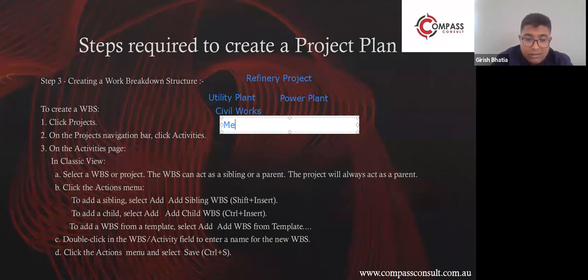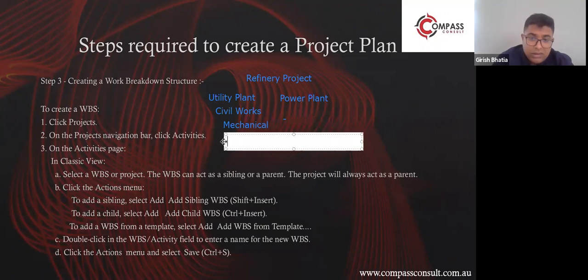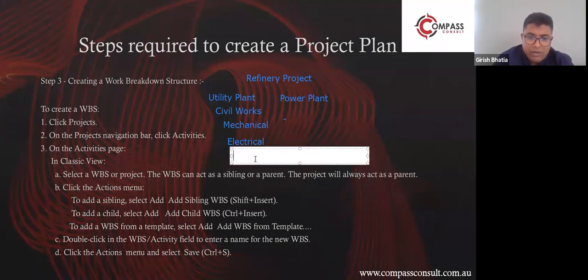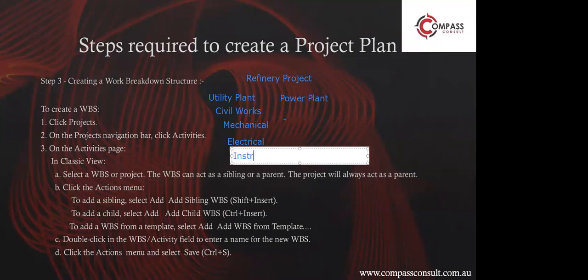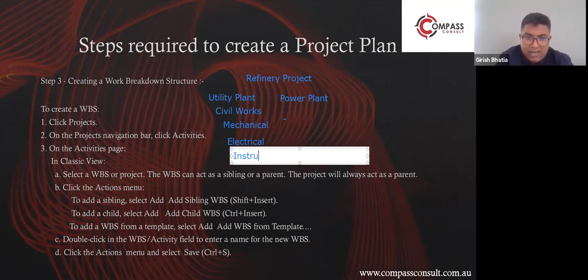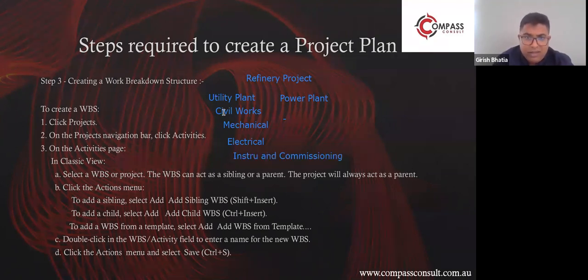There would be mechanical. There would be electrical. And finally, there would be, we'll say, the commissioning. Instrumentation and commissioning. Yep. So all these are work breakdown structures for the utility plant, because when you create a project, you need